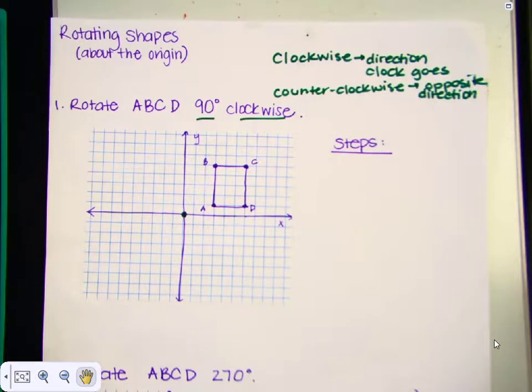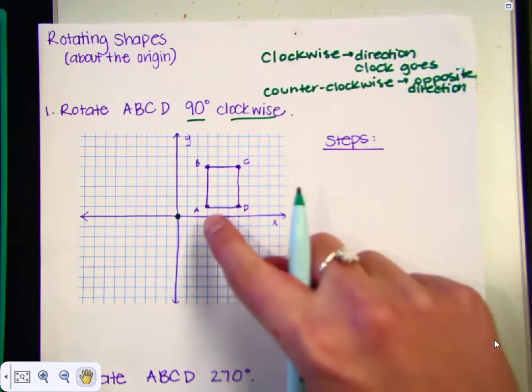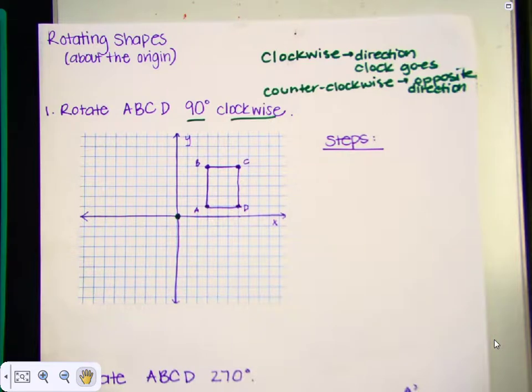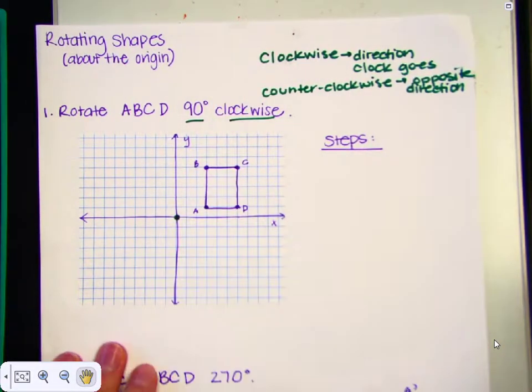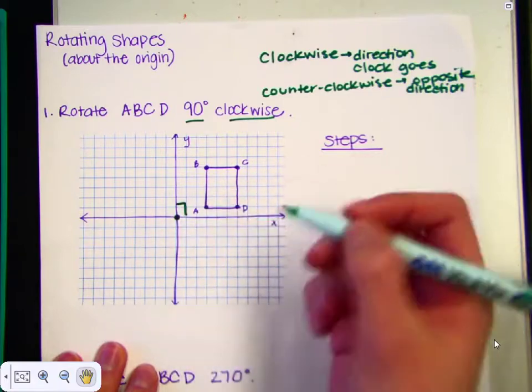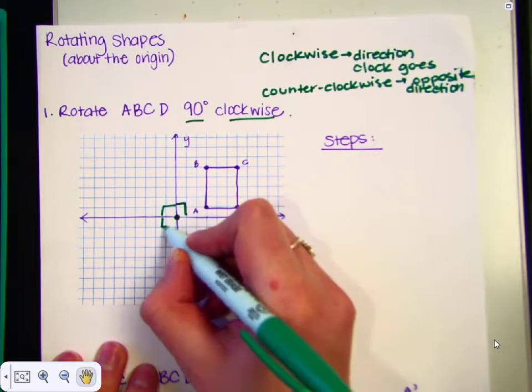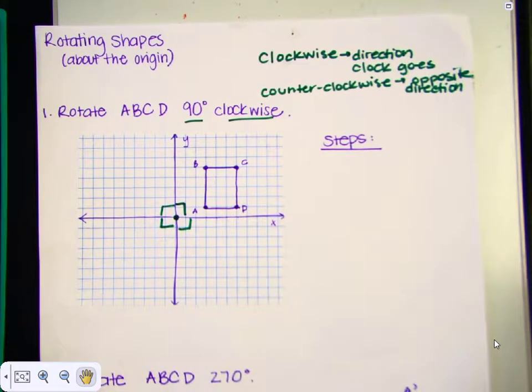So this is telling us to rotate this shape ABCD around the origin. We're going to assume it's around the origin because that's the topic that we're going to use. And then we are going to rotate it 90 degrees in the clockwise direction, so the way the clock is going to go. What's really nice about graphs is that to get from the X to the Y axis is a 90-degree angle. So each of these angles here is 90 degrees, which is really nice because that makes it really easy